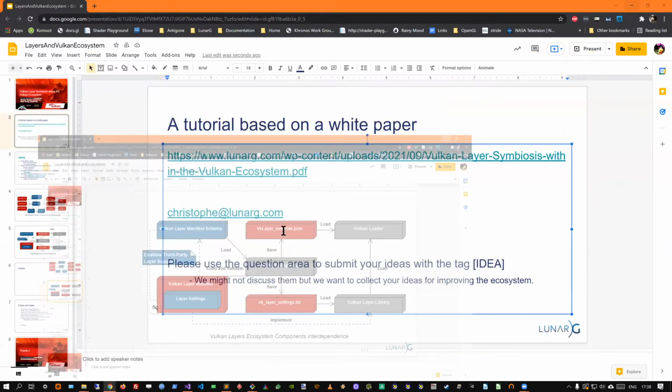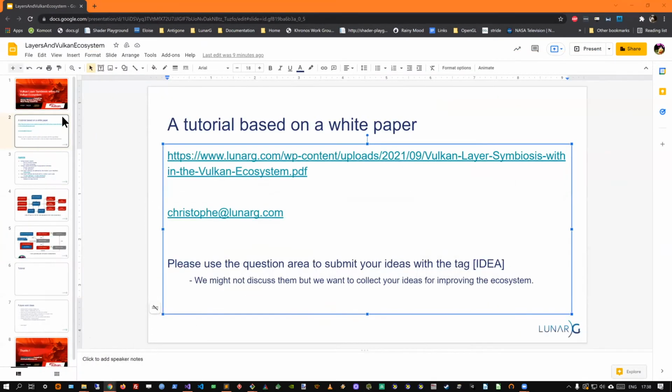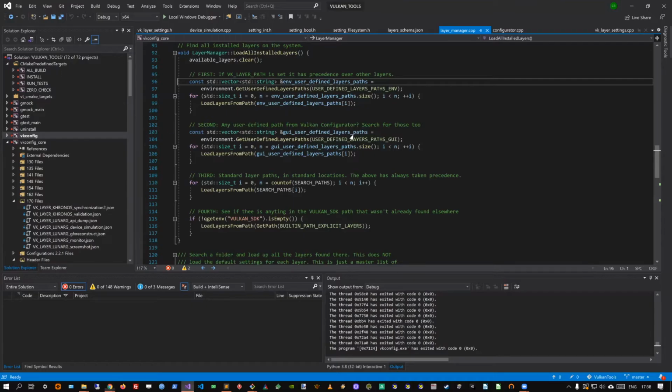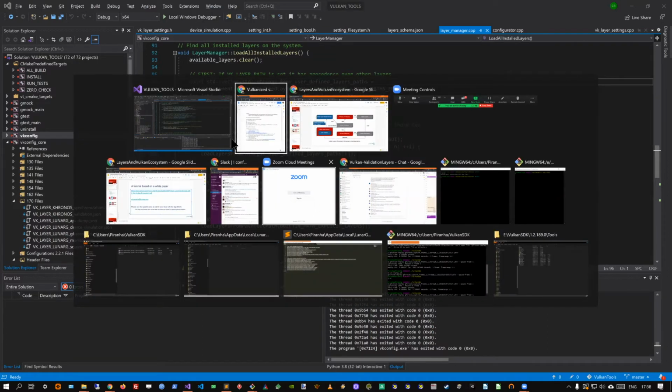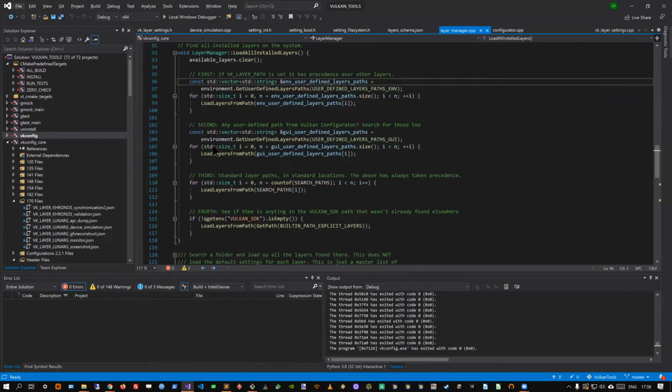So I'm just going to start from Visual Studio because I have a repository of Vulkan Tools. The Vulkan Tools repository is on GitHub. You can freely clone it and modify it if you want.